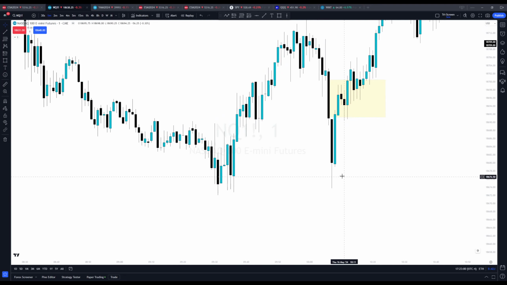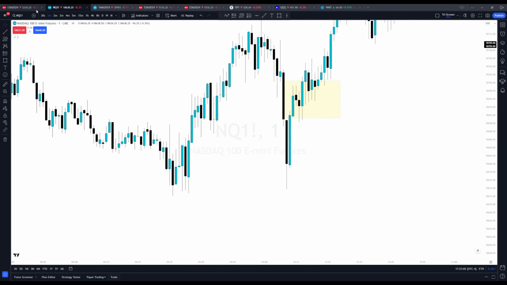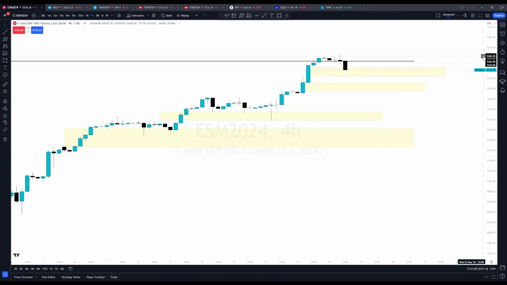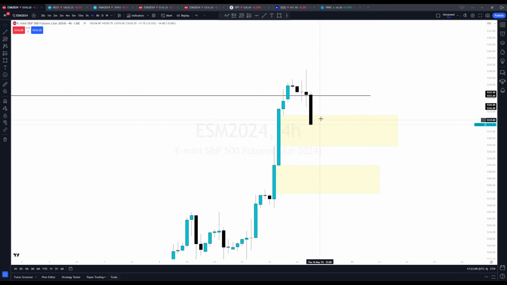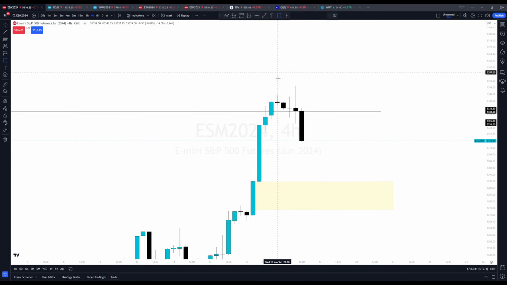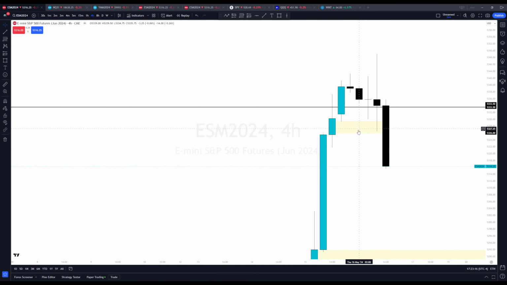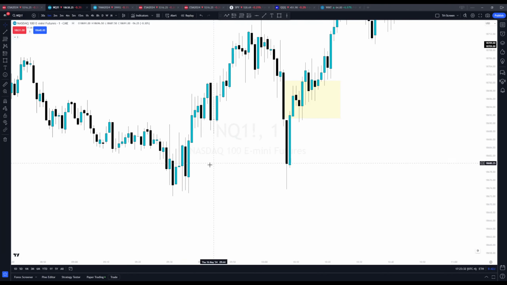But you see, we didn't take a low this morning, but if we go to ES and look at what ES did on the 4 hour this morning. Obviously, it broke through it now, but this morning, ES tapped into this 4 hour FVG. NQ didn't yet, but it doesn't matter. ES hits a 4 hour FVG, so that means we can look at NQ. ES took these lows here, and NQ didn't.